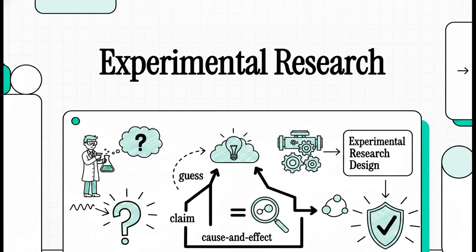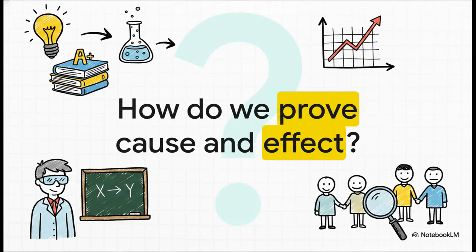We're going to look under the hood at the actual engine driving those claims, experimental research design. So, think about a real-world scenario for a second. Let's say we've got this brand new teaching method, and we want to know if it actually improves students' grades. We obviously can't just guess, and we definitely can't rely on a hunch. We have to ask the critical question. How do we scientifically prove, without a shadow of a doubt, that one specific thing causes a definitive change in